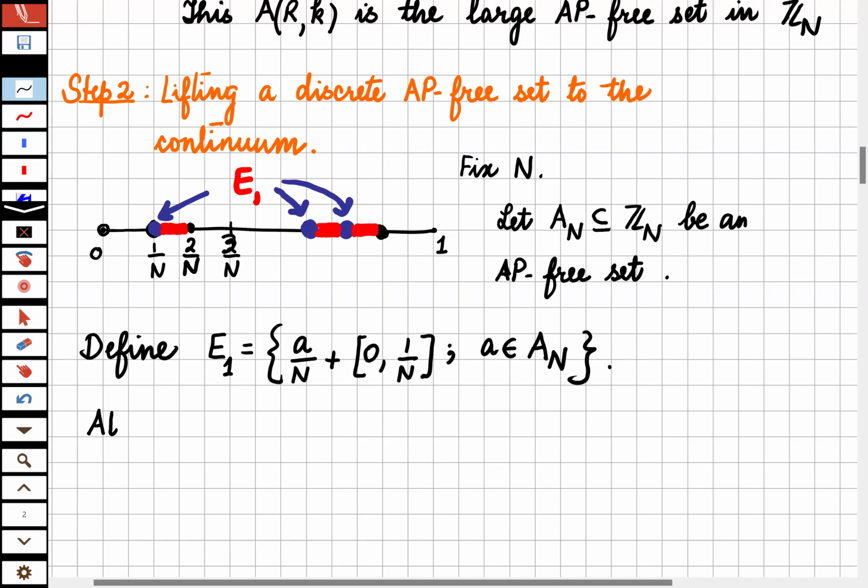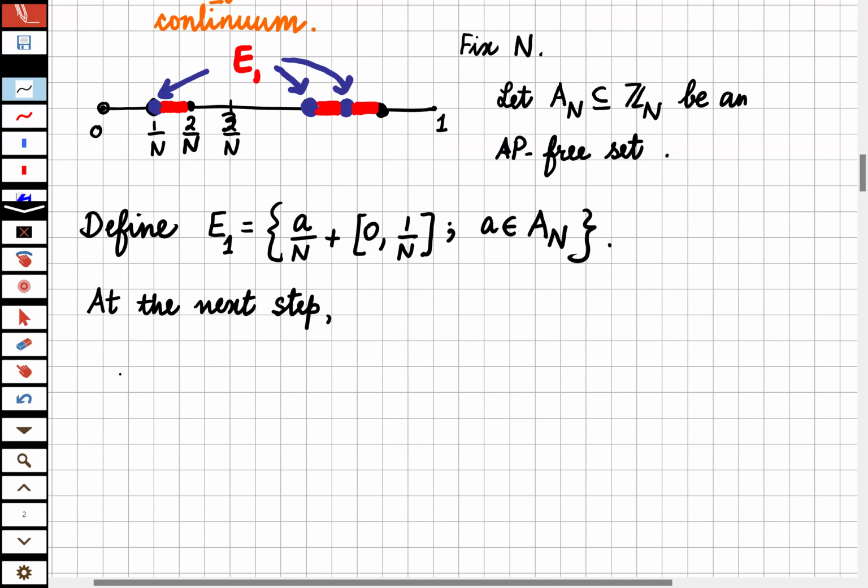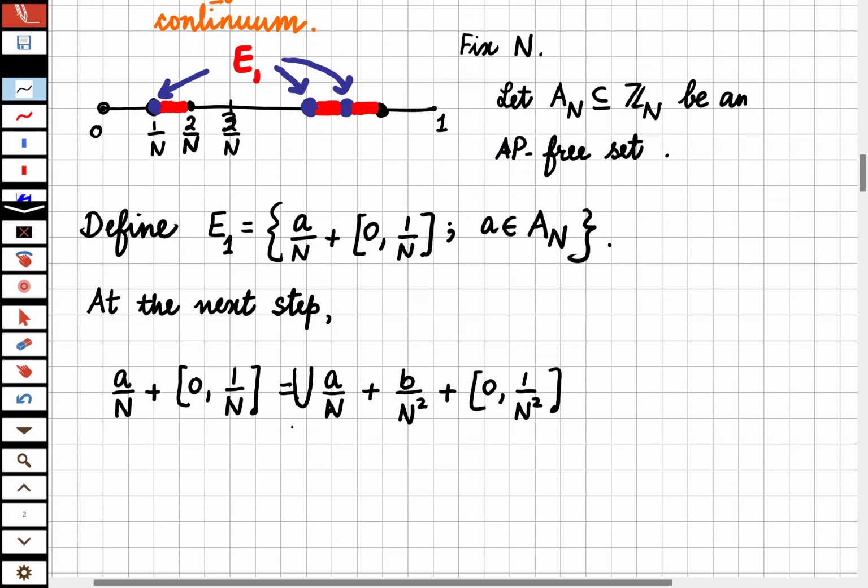At the next step, let's write A over n plus 0 to 1 over n, which is the basic interval from the first step. And we are going to break this up into parts. A over n plus b over n squared plus 0 to 1 over n squared. And we are going to be taking the union of this, b from 0 to n minus 1. And we are only going to choose those b's for which b belongs to A sub n again. So choose E2